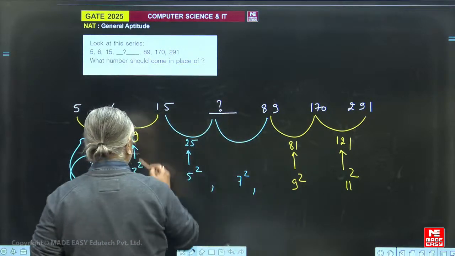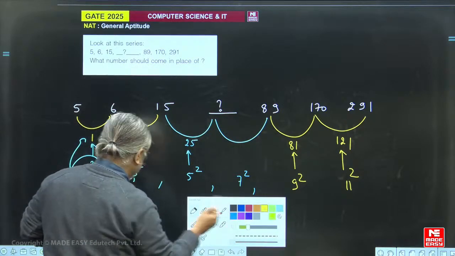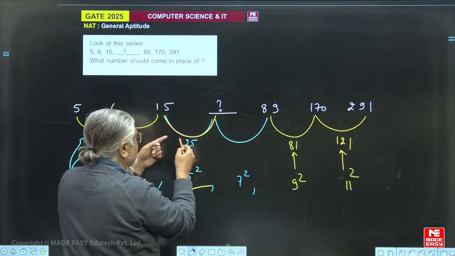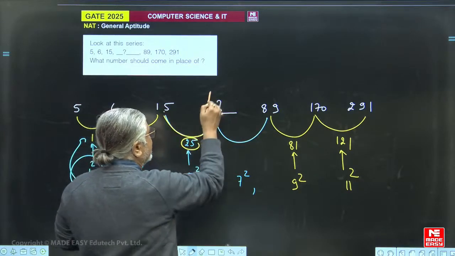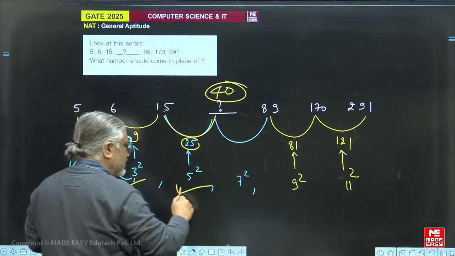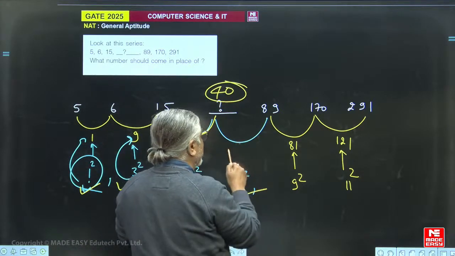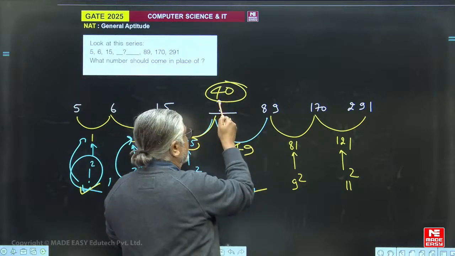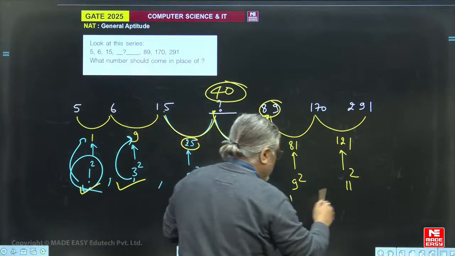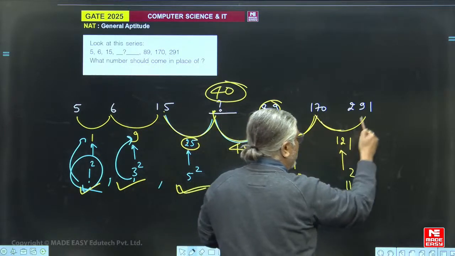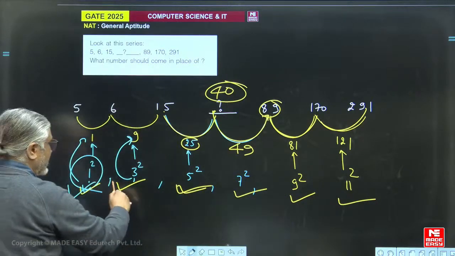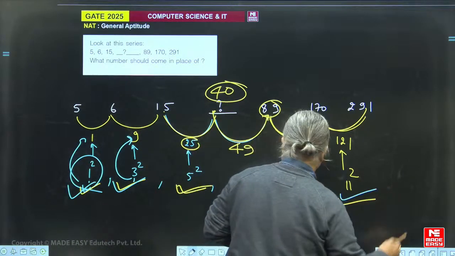अगर 1 आ गया है, 1 का स्क्वायर 3 स्क्वायर, अगला 5 स्क्वायर ट्राई करते हैं, ऑड नंबर का स्क्वायर लेके यहां पे देख लेते हैं, 1 स्क्वायर 3 स्क्वायर 5 स्क्वायर। अगर यहां पे 5 स्क्वायर होगा, 5 स्क्वायर इज 25, ऐड करेंगे, इट विल कम आउट टू बी, द मिसिंग नंबर विल कम आउट टू बी 40। 1 स्क्वायर 3 स्क्वायर 5 स्क्वायर आ गया। अब अगला ऑड नंबर 7 स्क्वायर, 49 ऐड कर लेते हैं। तो 40 के ऊपर 49 ऐड करा, 89 भी आ गया। 7 के बाद अगला 9 स्क्वायर, 81 ऐड करा, सारी चीजें वर्कआउट हो गई। देख भी सकते थे कि यहां पे 1 स्क्वायर आ रहा है, 3 स्क्वायर आ रहा है, यहां पे 9 स्क्वायर आ रहा है, 7 स्क्वायर आ रहा है, तो बीच में